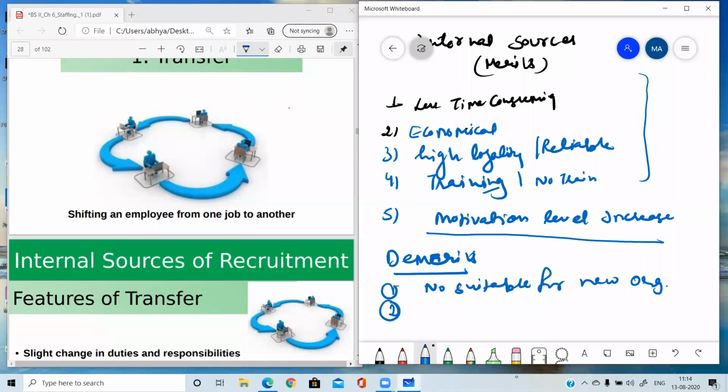Second, I am relating this point to the negative point. If you know that in a government department, promotions are done on seniority basis, whether you people are working hard or not. If you are senior, then definitely you will be getting the promotion. So in what sense can this point be the demerit? Could you please tell me? In what sense can this point be the demerit?